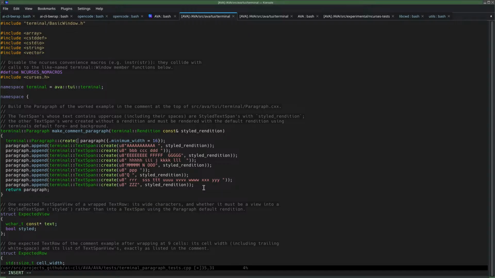We have to use create these days. Begin with that. paragraph dot